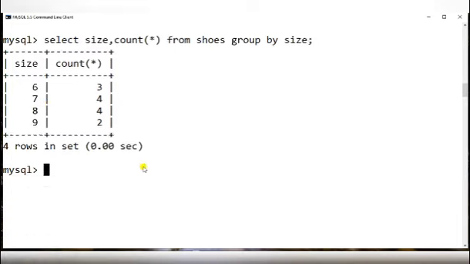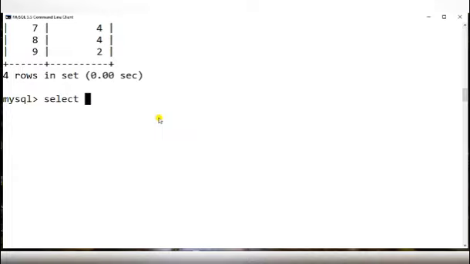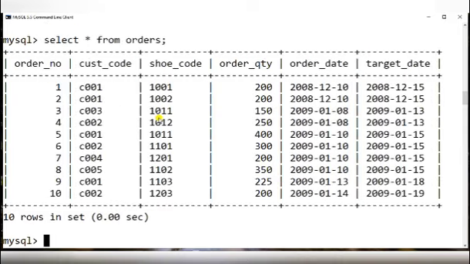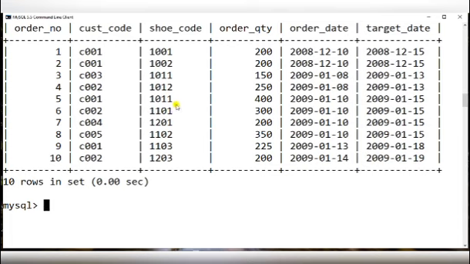Let us refer to some other table. I have an orders table here. In which column do you see duplicate values? In cust code. So customer C001 has put 2 orders with quantity this and this.